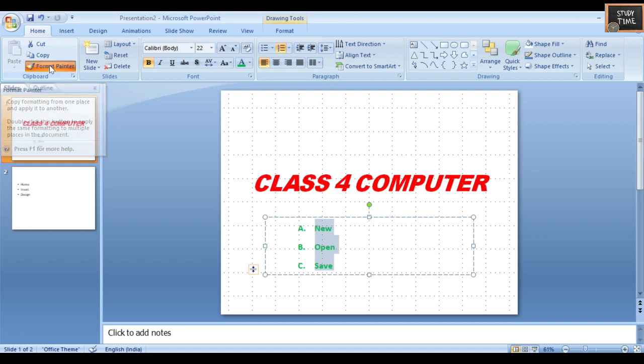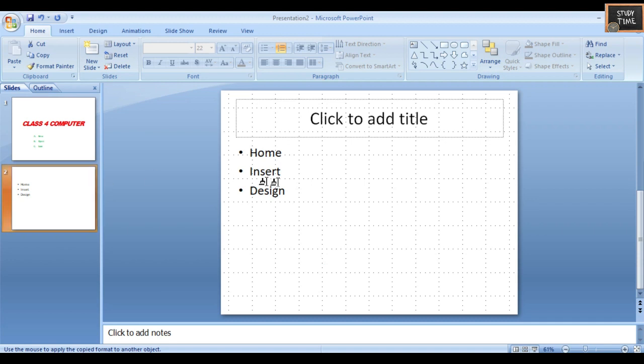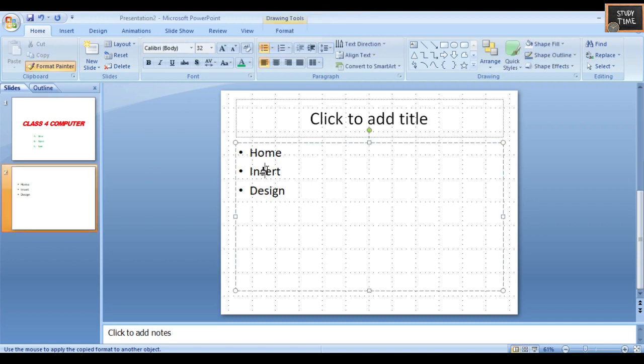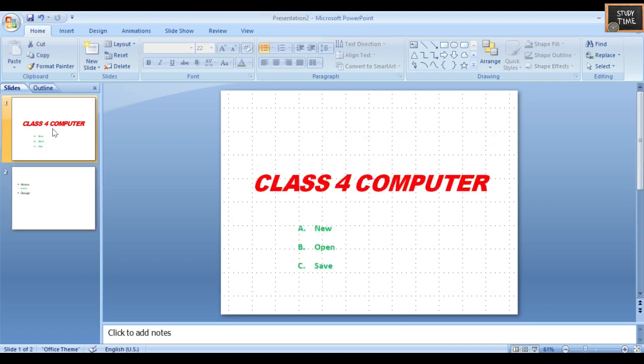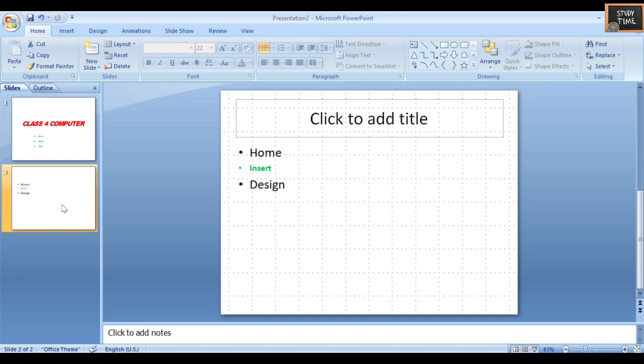So you copy and then click on the slide, and this will change to the previous format. This is how you can copy the whole format, because we have made so many changes, alignment, everything. We want the same thing to happen in the next text, so we can just copy the format.